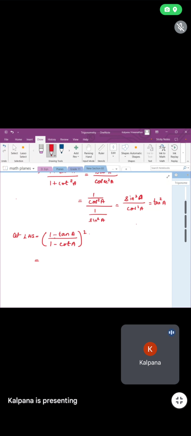So what we have to do now? 1 minus tan A the whole square by 1 minus cot A the whole square. We are taking the whole square for each numerator and denominator separately. After that,